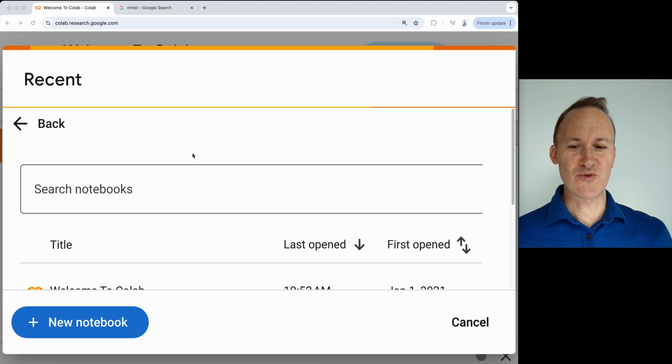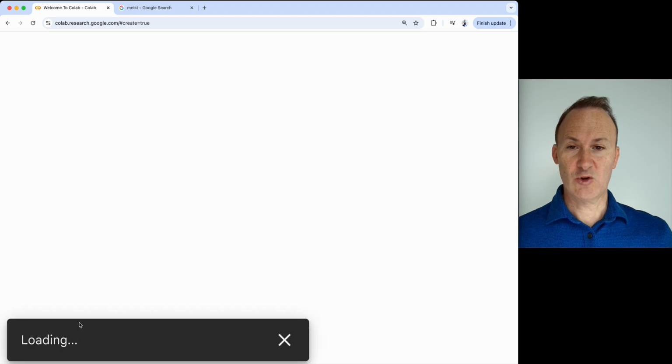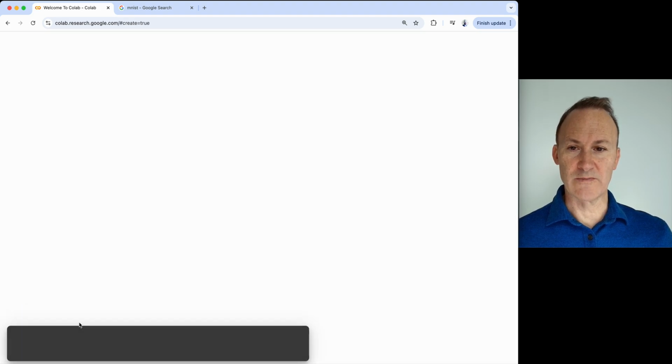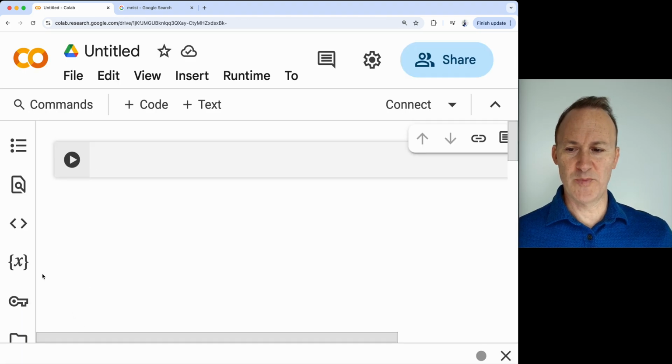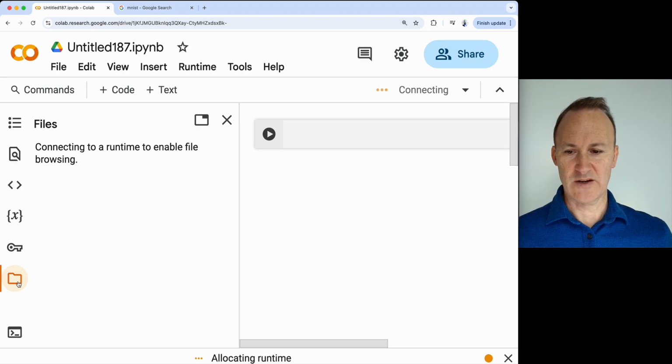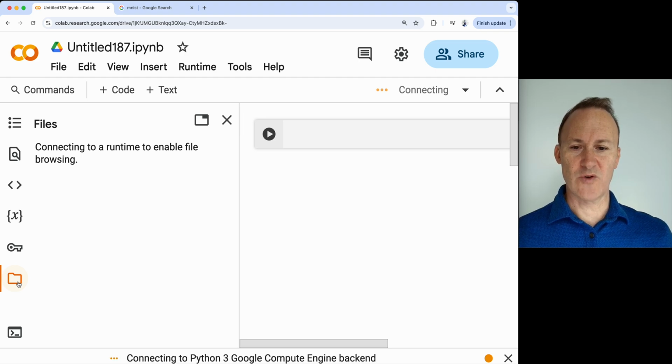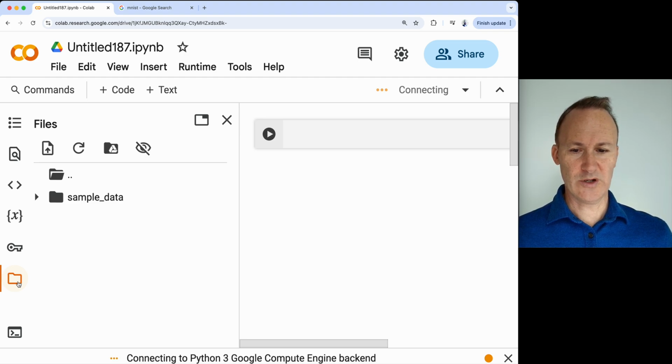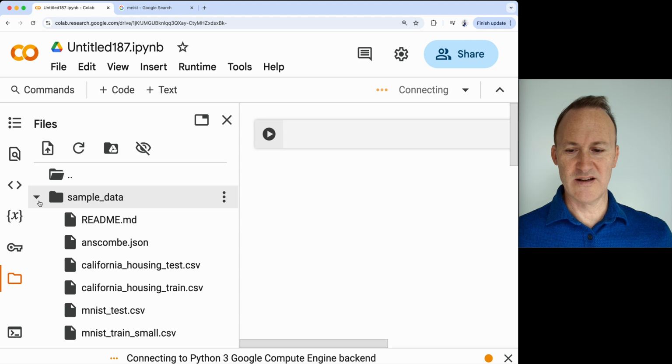Open up a new Colab notebook, colab.research.google.com, click on the new notebook option, and then we're going to go ahead and open up the sidebar here, scroll down to this folder option, and click on that. It's going to connect to a runtime, and then we're going to look at some of the sample data,